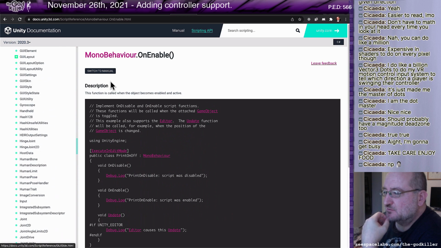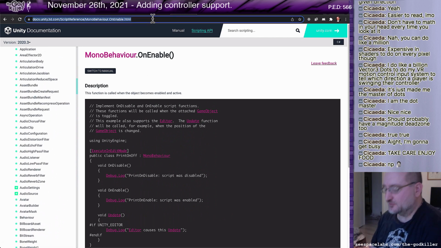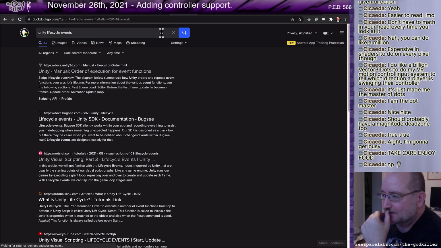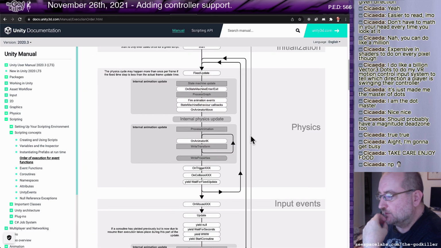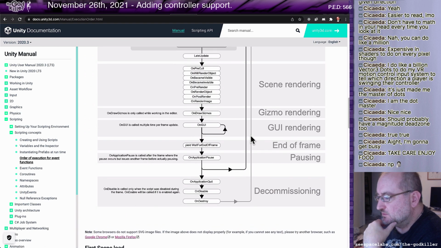I do kind of remember there's some description somewhere of all the lifecycle events. Okay, Unity lifecycle events. Let's take a look at that. Is on enable in here? Here's on disable.